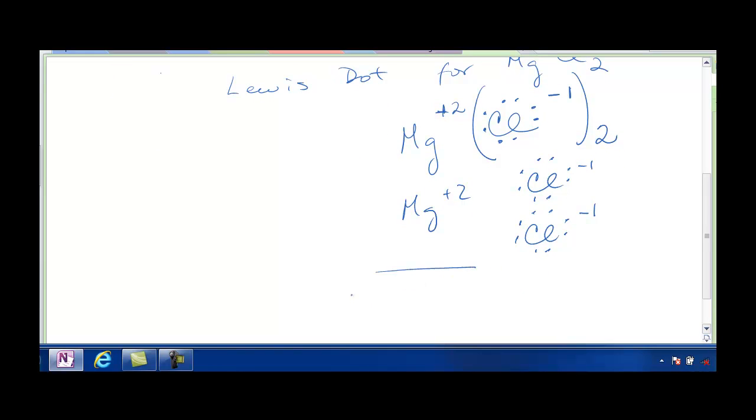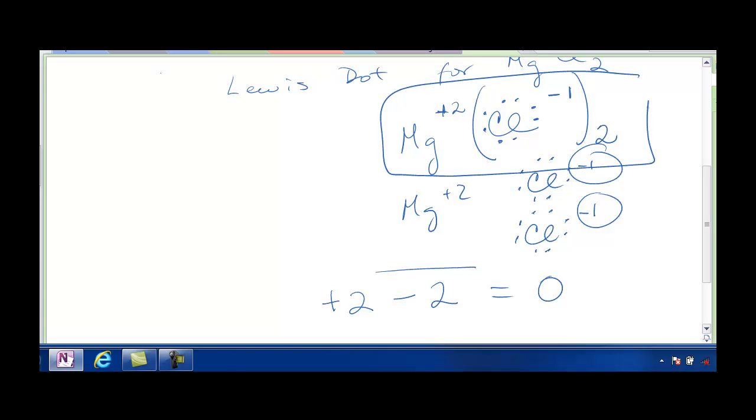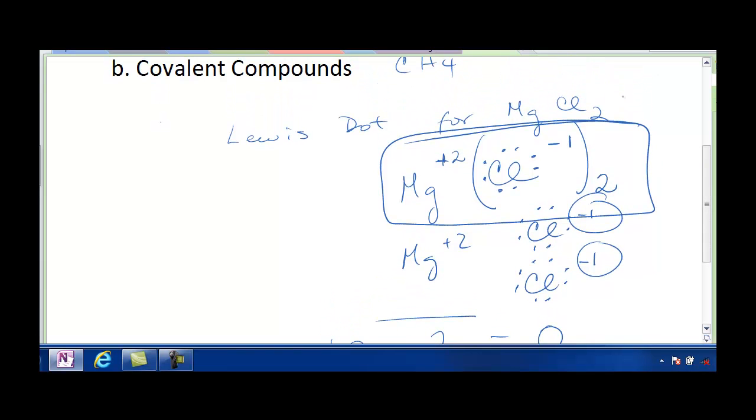But if 2 electrons are lost, we have a deficit of 2 electrons, and 2 electrons are picked up, the sum of the oxidation numbers gives you 0. So this right here is the Lewis dot structure for magnesium chloride. We write it as a combination of the Lewis dot of the elements and the formula. Okay, so we do what we did for the elements,